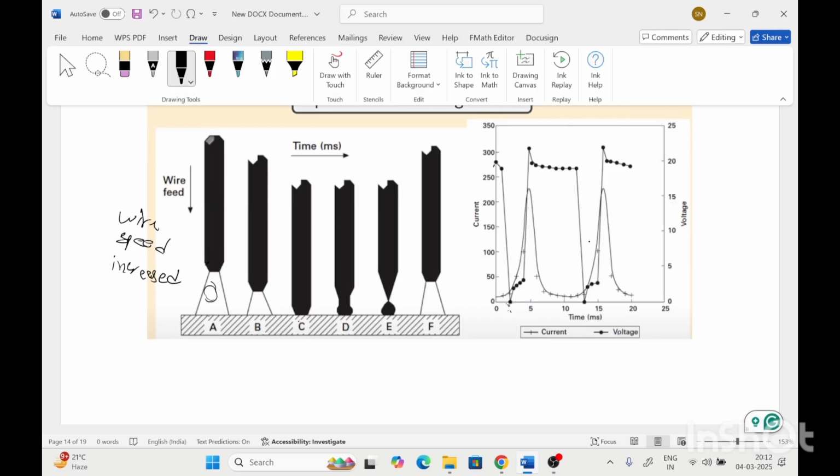This curve is for current and this curve is for voltage. So at that time, voltage will go zero, and at that point, current is also kept minimum to avoid